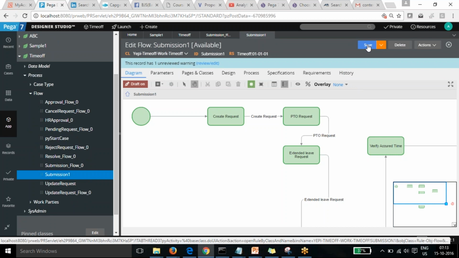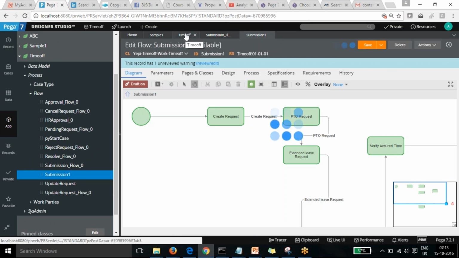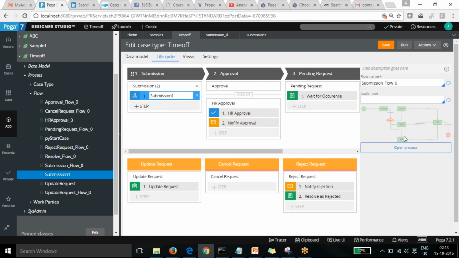Yeah, it's that one. That's the flow change and it should be reflecting. It should be the same.